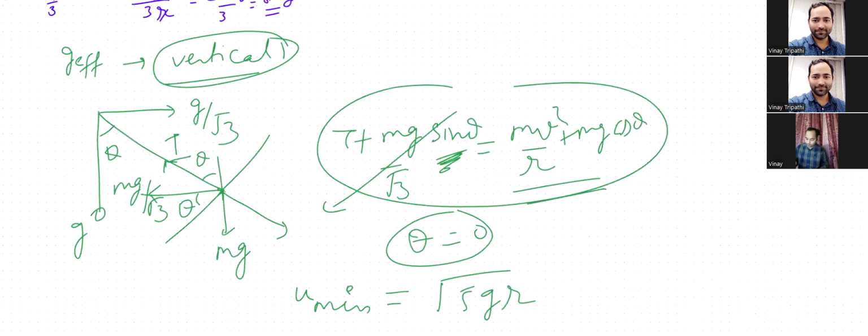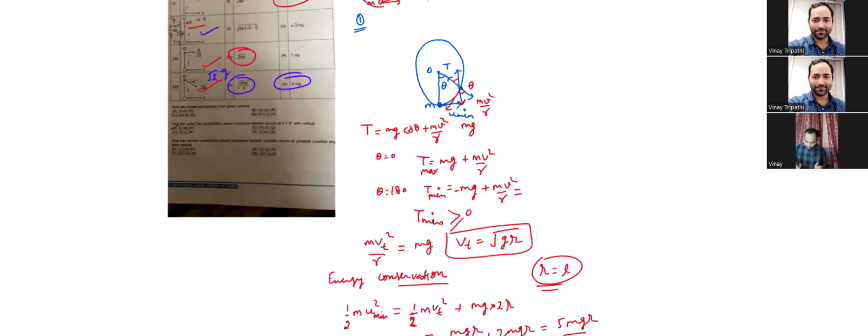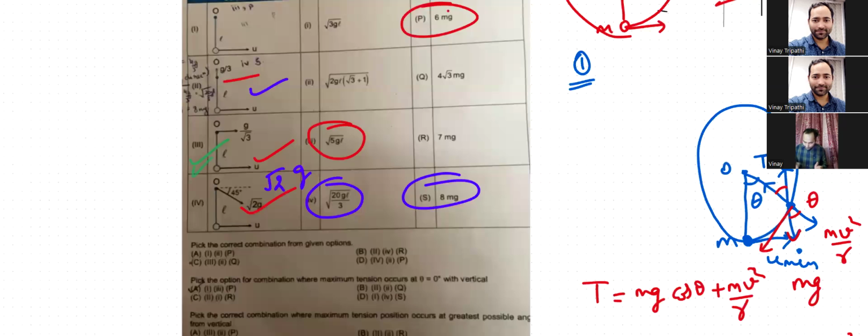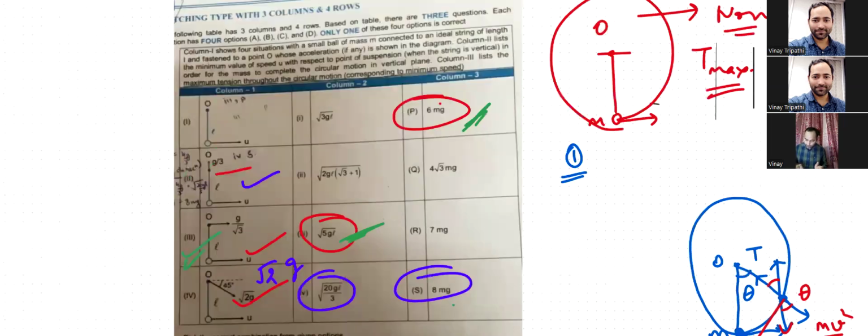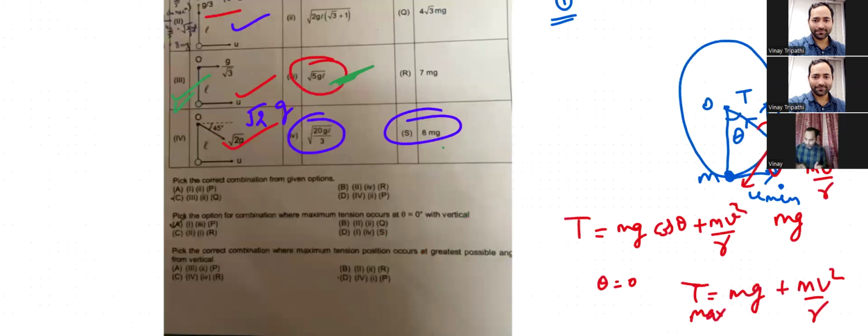So for this option, none, sorry, for this one again this root 5 gl and this 6 mg matches. The fourth is even more peculiar. What is in the fourth option? I'll just